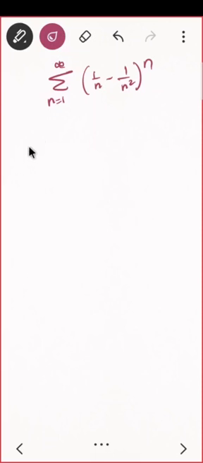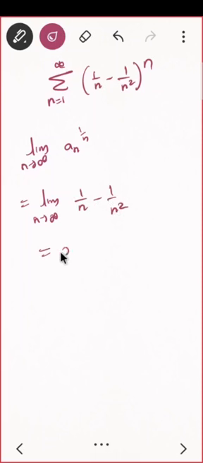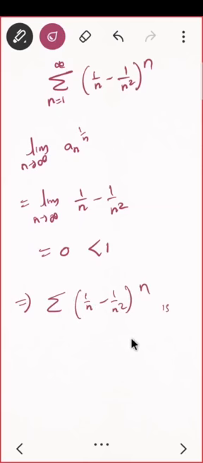So let us apply limit n tending to infinity a_n raised to 1 by n, correct? Since it is a positive term, I don't have to take mod. This will be limit n tending to infinity, just 1 upon n minus 1 upon n square, correct? And that is 0, which is less than 1. So what is the conclusion? Convergent. Nice. Correct. So do you agree these were the two important tests? Okay.